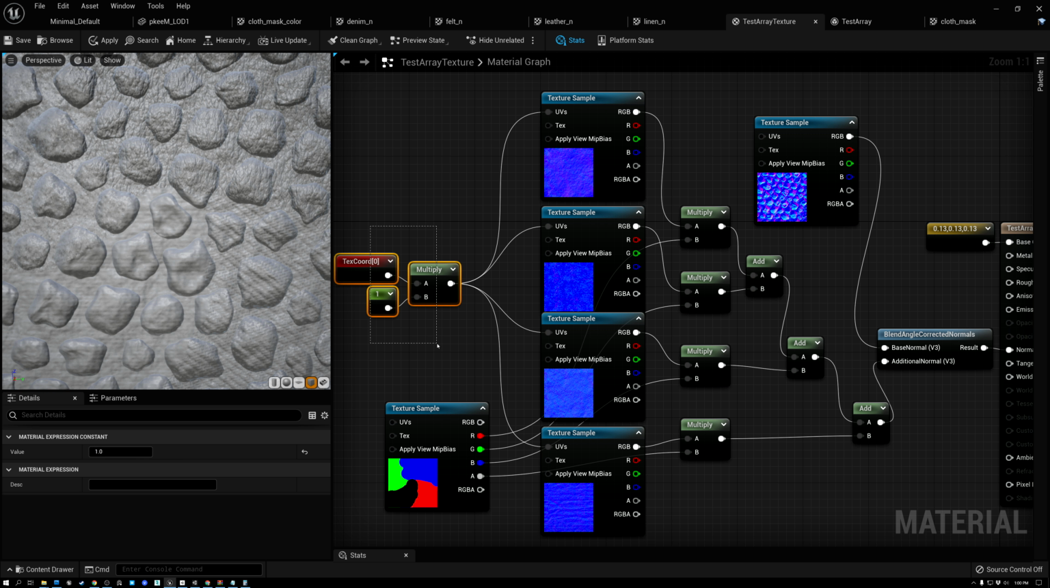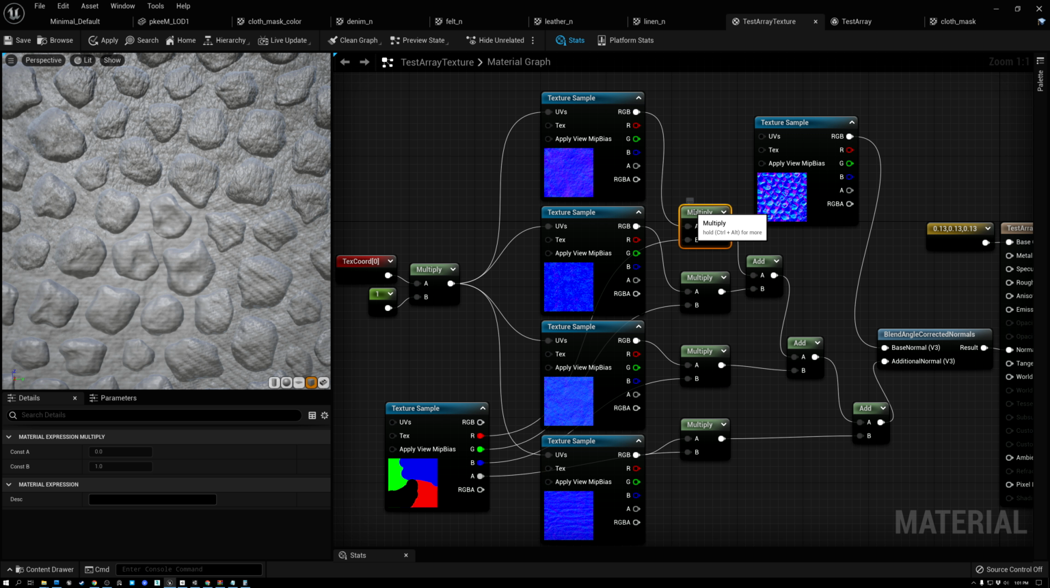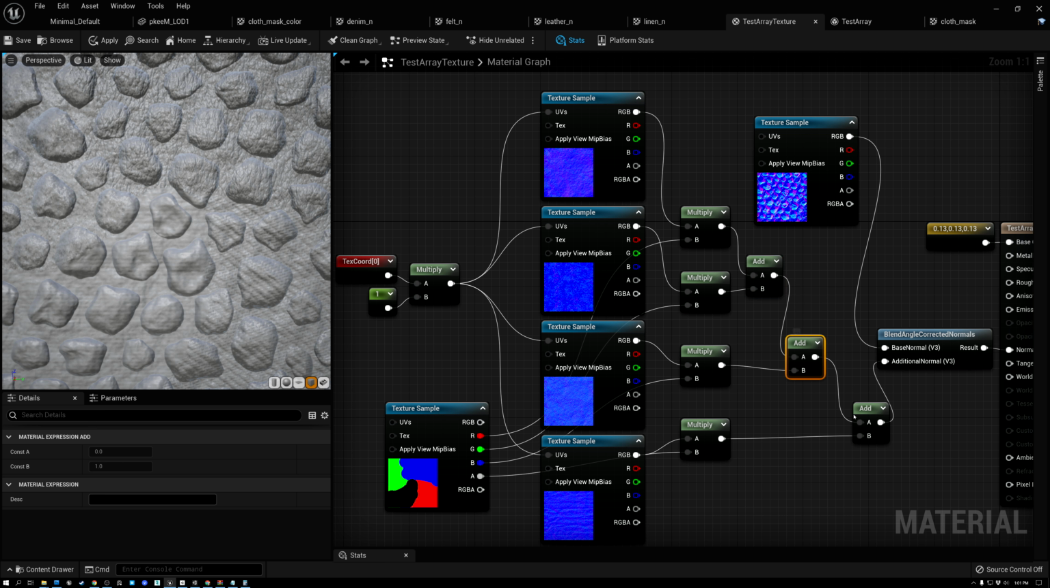So I'm tiling my texture coordinates. I'm sampling all 4 of my normal maps. Then I multiply each of them by the mask. So this one's multiplied by red. The second one is multiplied by green, the third one is multiplied by blue, and the fourth one is multiplied by the alpha channel. Then I add the results together,